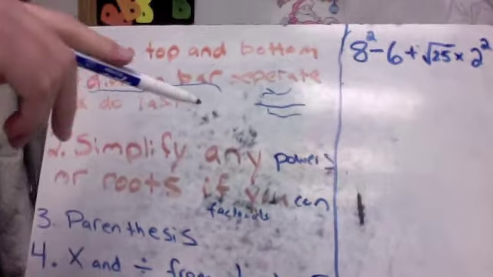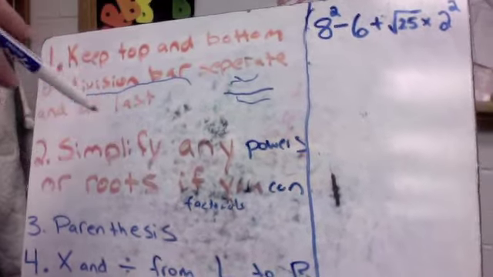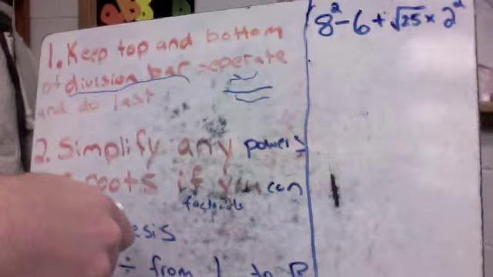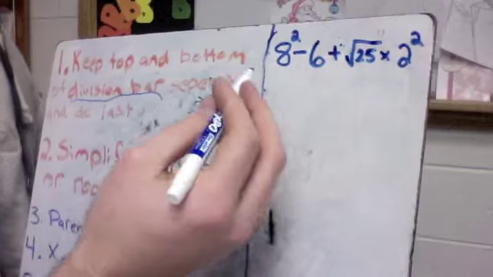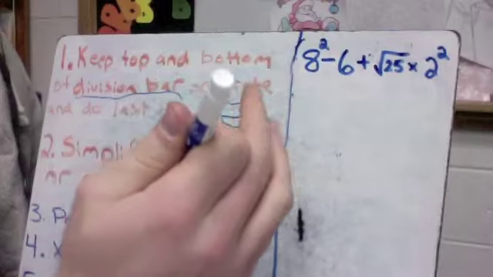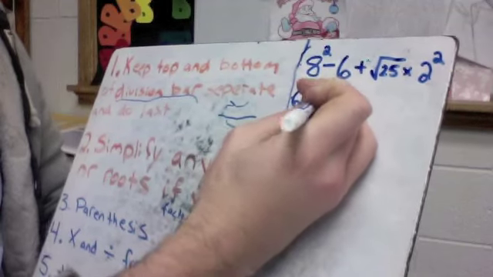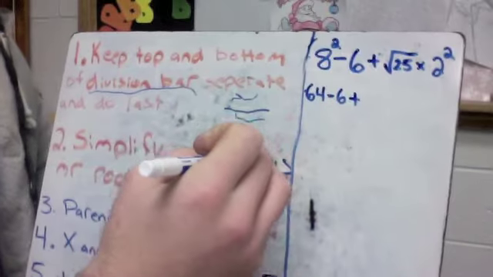We don't need to worry about it. Number 2, simplify any powers or roots if you can. We've got tons of powers and roots to simplify. Simplify just means turn to a regular number. Okay? So we'll start with 8 to the second power. 8 to the second power is not 8 times 2, it's 8 times itself. 8 times 8. So I'm going to change that to 64 minus 6 plus whatever the square root of 25